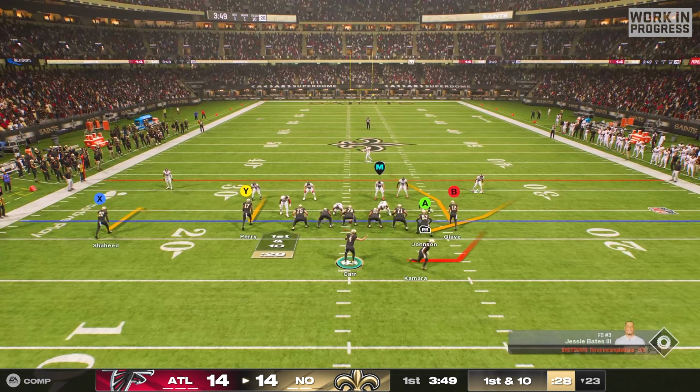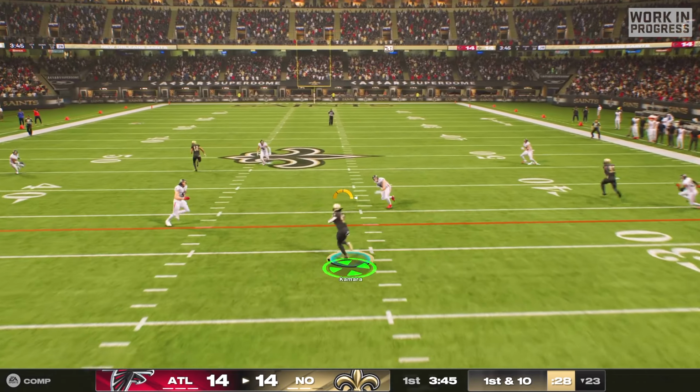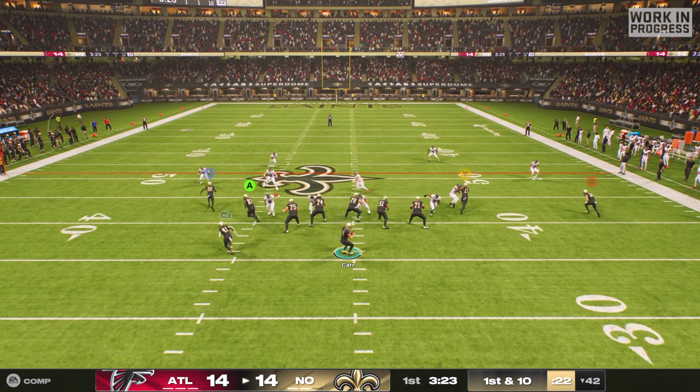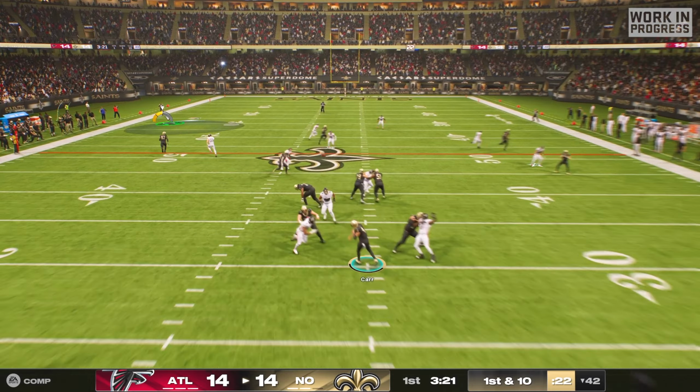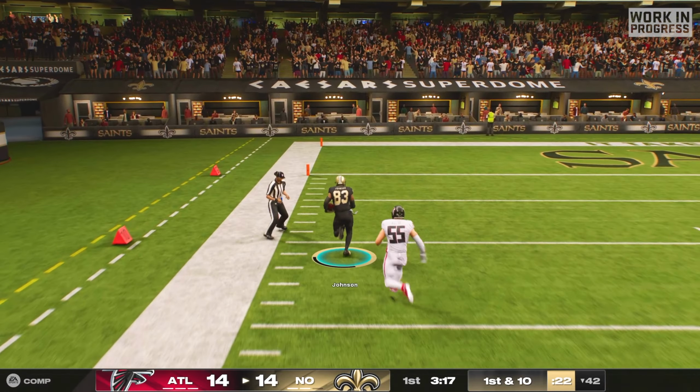After the snap, the first read is the running back on the angle route, and once he makes his break, you can hit him over the middle and make defenders miss after the catch. The next read is the tight end on the wheel route, and if the defense gets caught in a man switch, he can get wide open, and you just have to lob it to him and take it all the